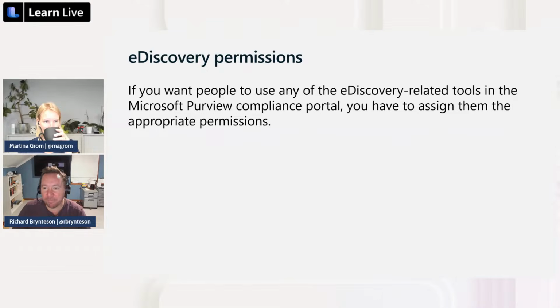Permissions. This one's important. With eDiscovery, you need to give someone permission to do eDiscovery. The global admin can't just roll in and start doing eDiscovery across your environment. You explicitly have to give them permission to be able to do this. Yes, the global admin could give themselves compliance permission, right? Like that is an option, but you have to explicitly say, hey, these individuals have permission to do eDiscovery. So it's not one of those things.